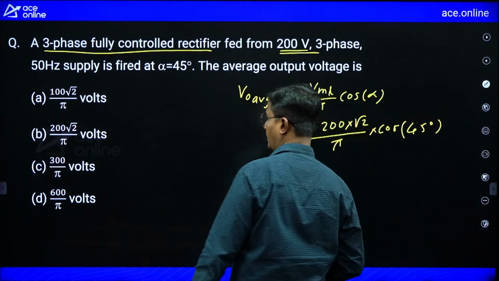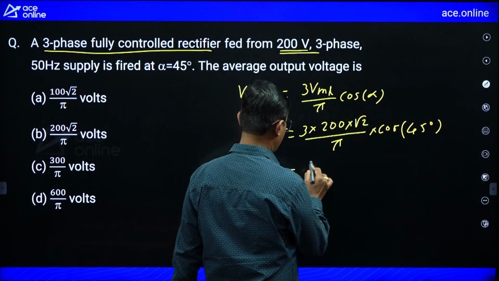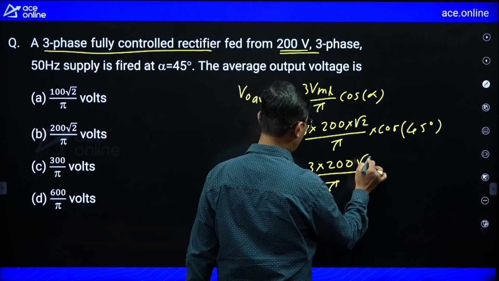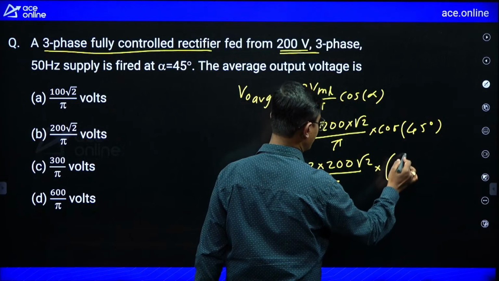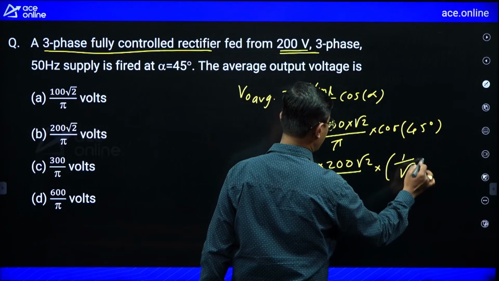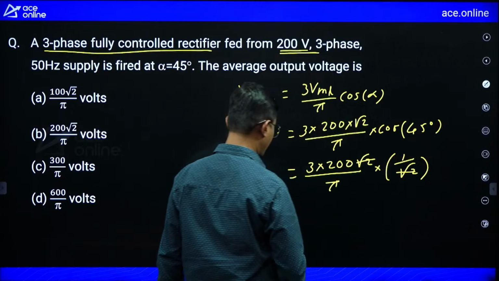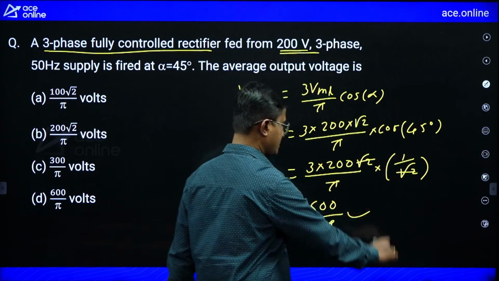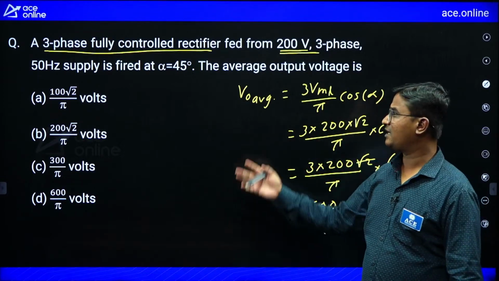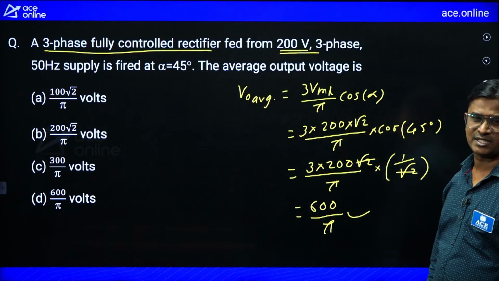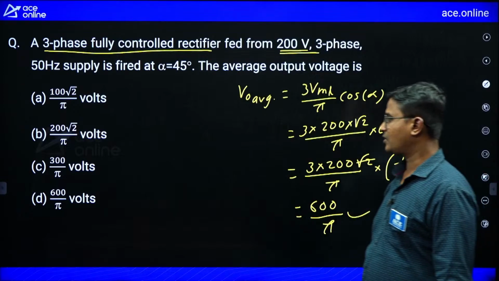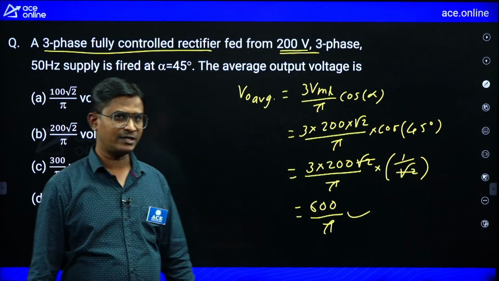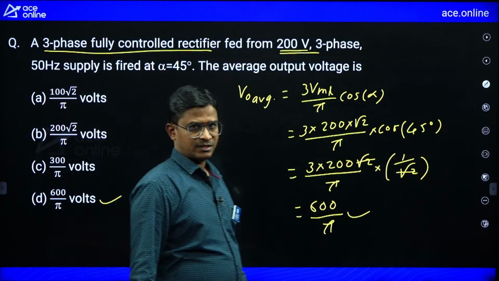Right? So you can write it as 3 into 200 upon pi into root 2 into cos alpha, cos 45 is 1 by root 2. Root 2 cancels out, so you will be getting it as 600 by pi, right? Simply, directly based on your output voltage expression they have asked the question, okay? So the answer should be 600 by pi, alright? Next,